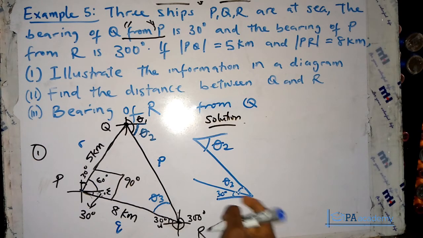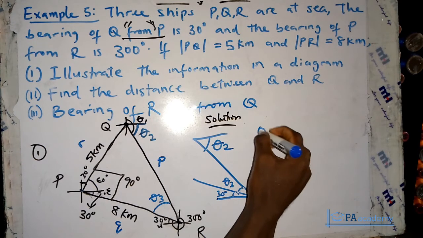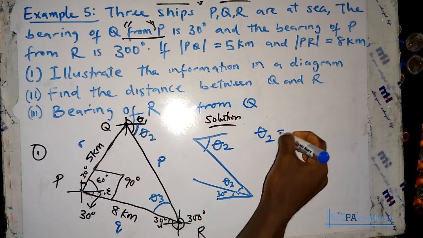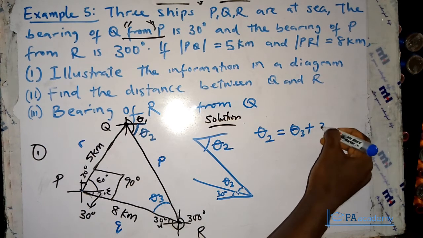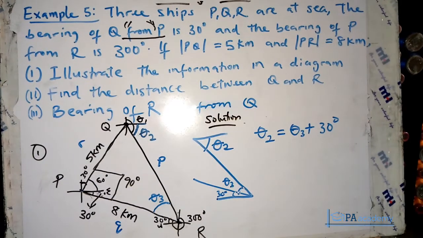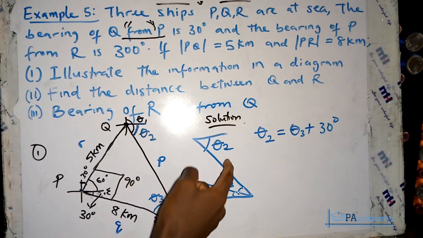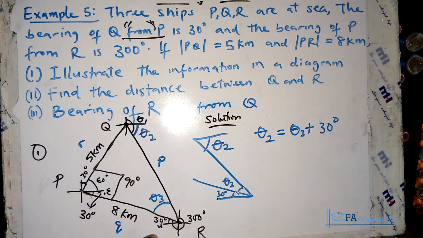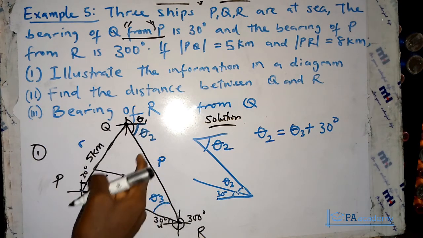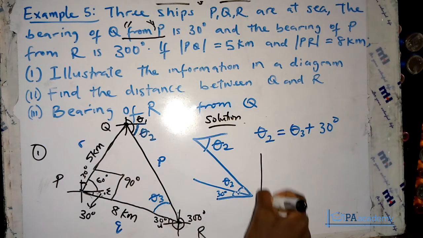So what it means is that this theta 2 is the same as having theta 3 plus 30 degrees, because this is forming an alternate angle. This angle here is the addition of theta 3 plus 30 degrees, forming an alternate angle. So for us to get the bearing, what we are going to be having is